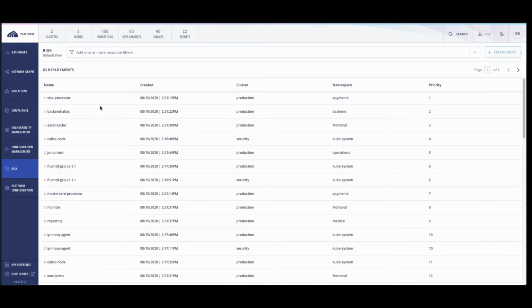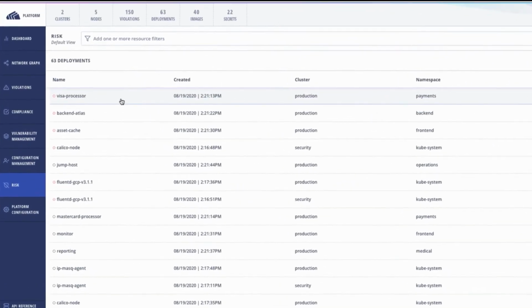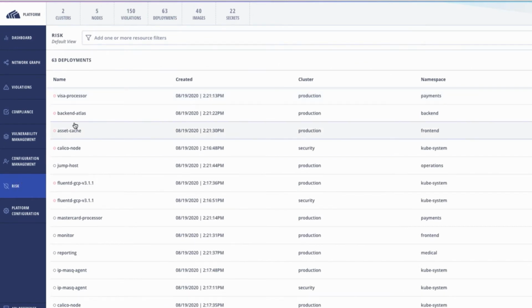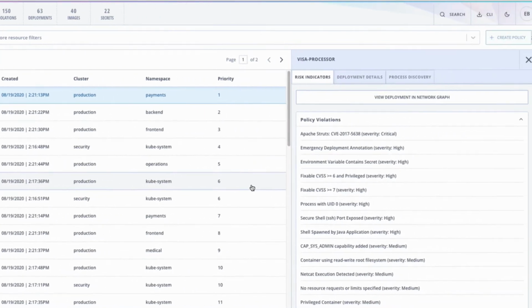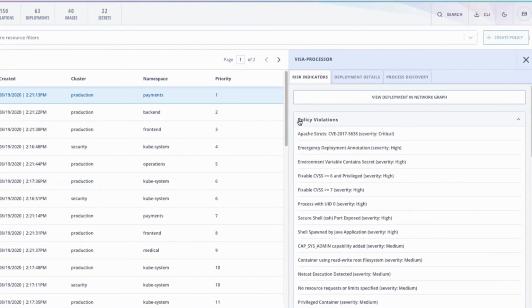Let's get into the use case for risk profiling. In this example, StackRox ranks every single deployment according to risk under the risk tab. I'm going to go into the first example, my Visa processor, to show you how we calculate this risk index. The first thing we can see is that this deployment, which is the number one priority, is violating